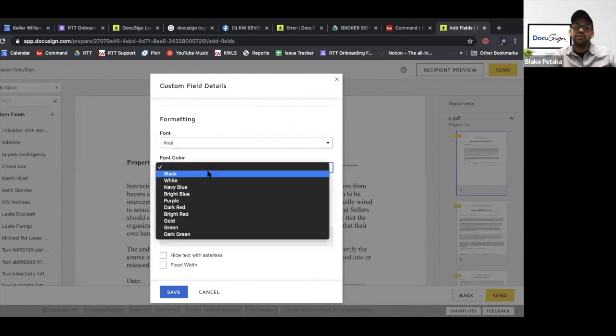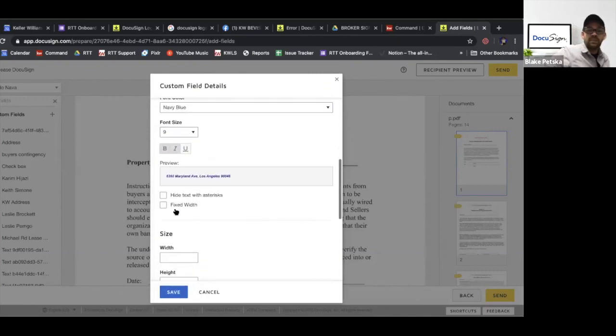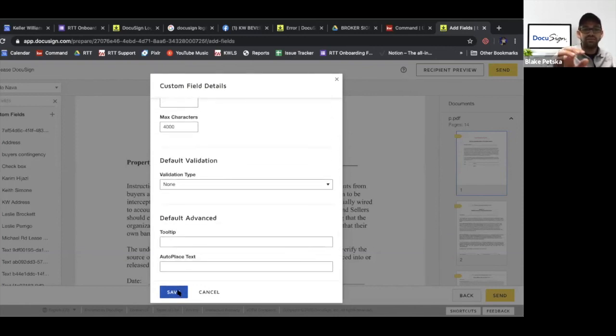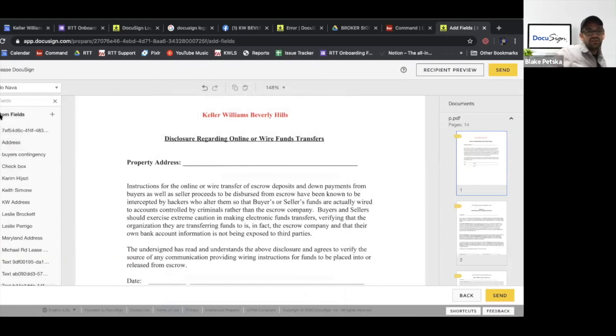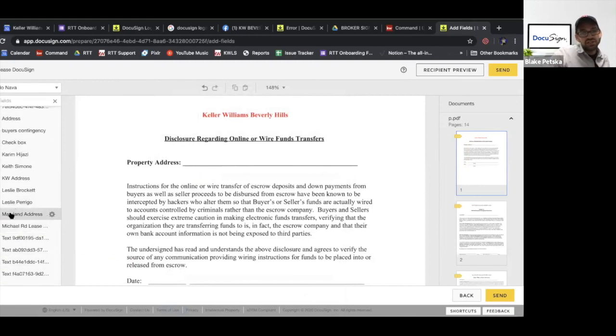So I can go Arial, font color navy blue, font size 9, bold, italicize. And now this is going to look really official, right? It's going to look like we got it out of zipForms almost. So we hit save, and now we have all of our custom fields lined up here. We can definitely adjust these, but now at any point I hit Maryland address